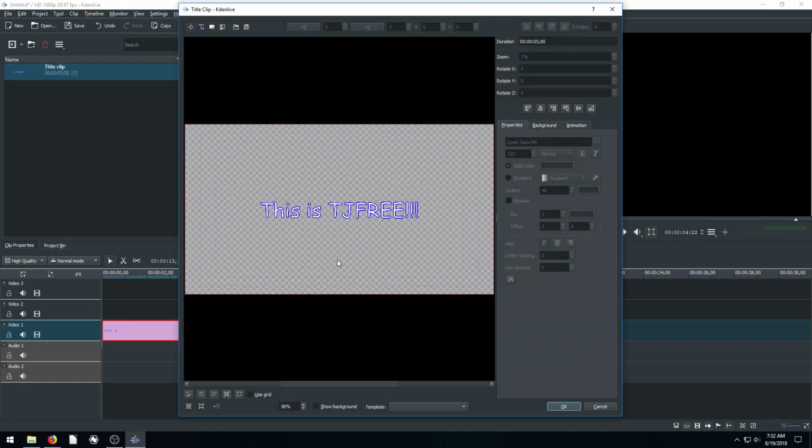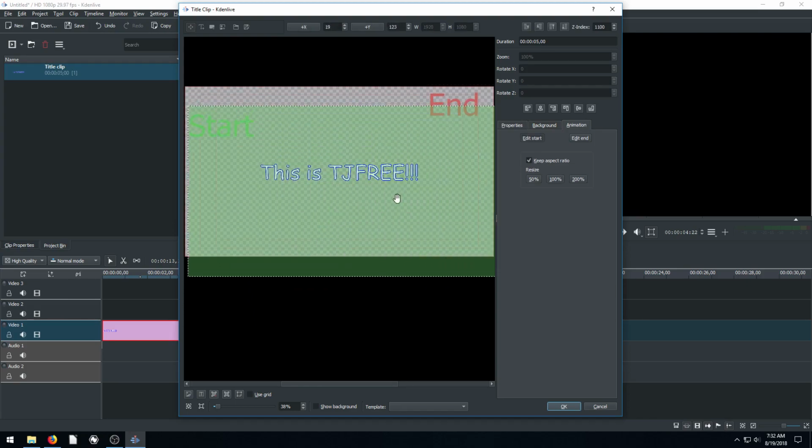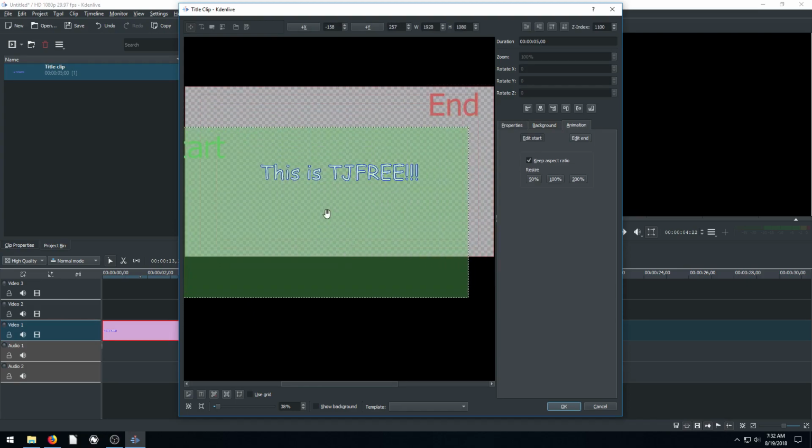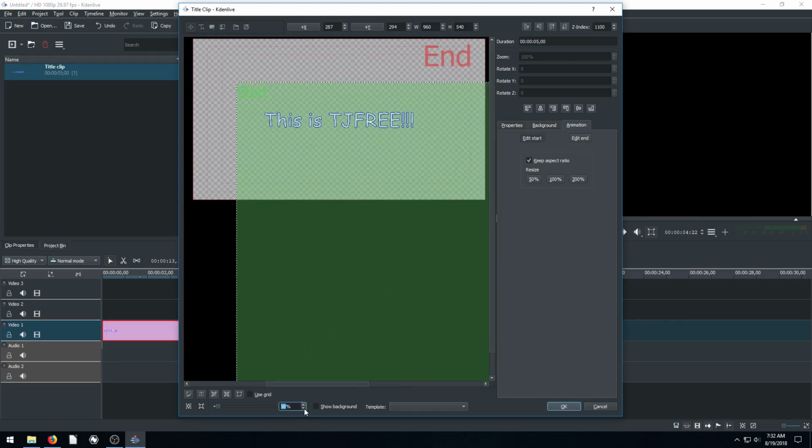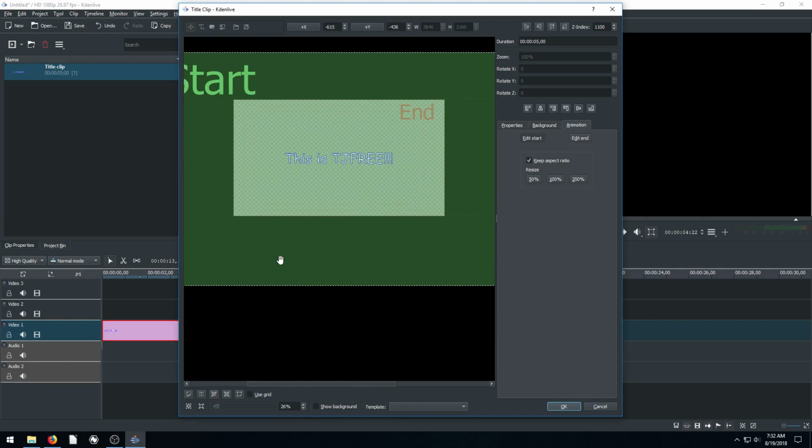Something else we can do if we want to create an animation of the text starting really small and then becoming large. Again, we have to do it all in this frame of reference, like of the size of this box. So look, we can resize this down to 50%, and then this box becomes really small. So actually let's make our end box 200%. So let's zoom out and see. So by the time it ends, it's going to be looking at here, and then by the time when it starts,